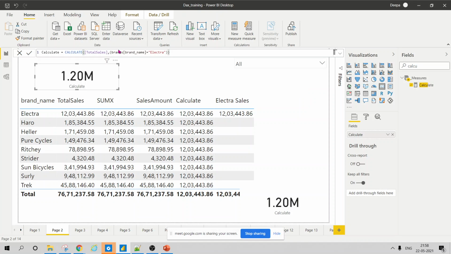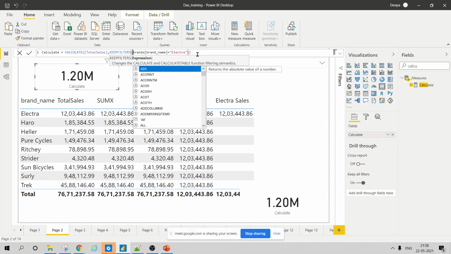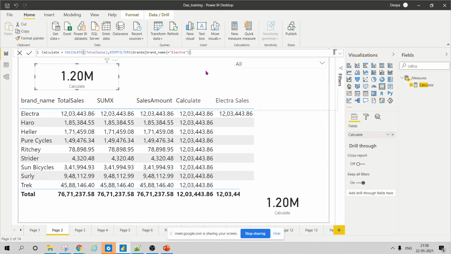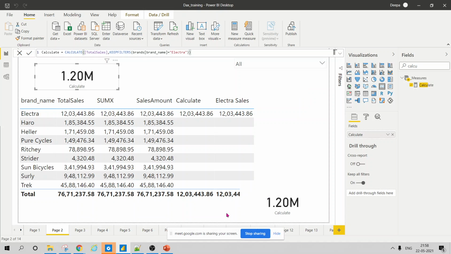But if you are trying to show it in a tabular format, then you have to write KEEPFILTERS here. Now the things are sorted. Okay, so this is nice.